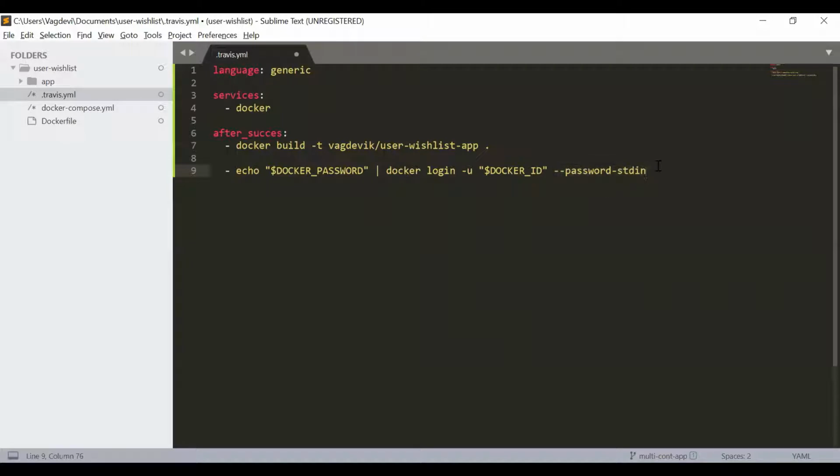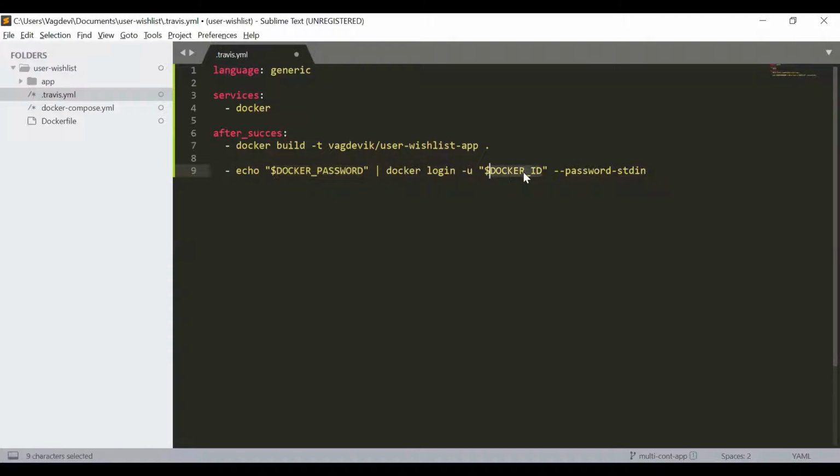All right, so since we are using the Docker service and since we want to push our application image onto Docker Hub, we also need the credentials for our account, right? So the Docker ID and the Docker password, these credentials will be given to the Travis account as environment variables. In this Docker password, we will be storing the password of our Docker Hub account.